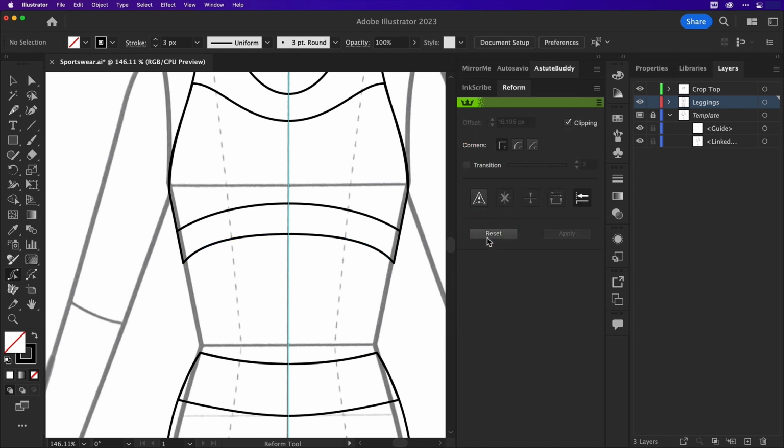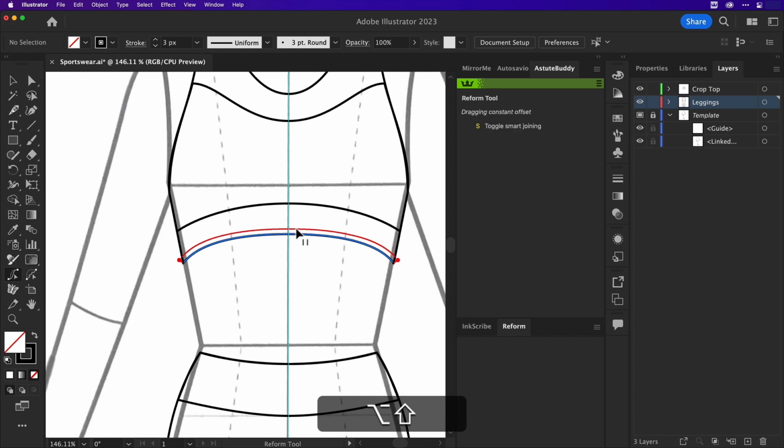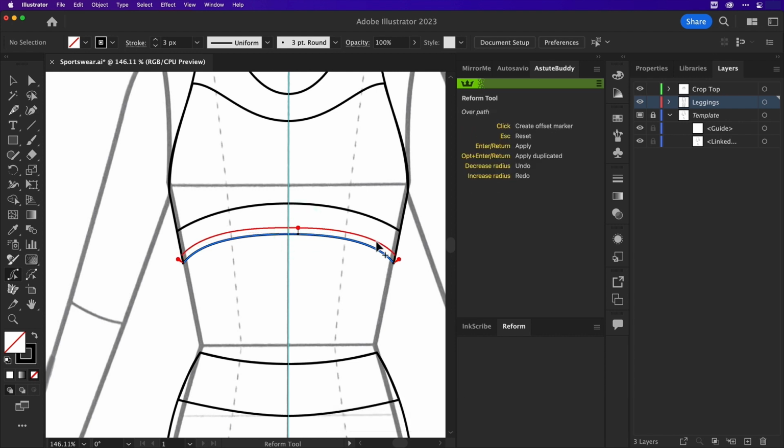Instead, I want to show you now the constant offset, which I use all the time, which Astute Buddy shows us as Shift plus Alt or Option. Now holding down these key presses while clicking and dragging the cursor will constantly offset that segment. And as the Smart Join is already enabled, it will intelligently follow the other lines in the path. And not just inwards too, but extend a path intelligently. Now you can use the Apply button in the panel to confirm your change, or you can use the Enter or Return key on the keypad to apply.